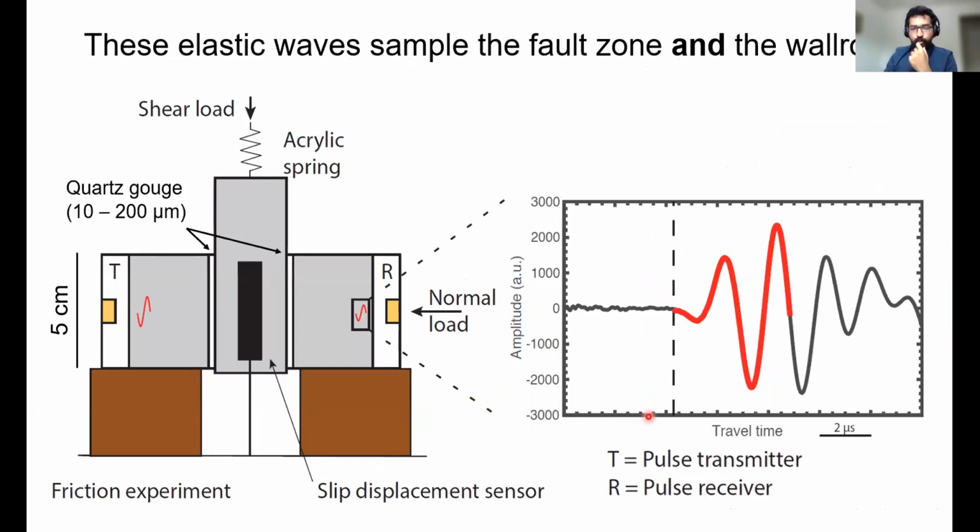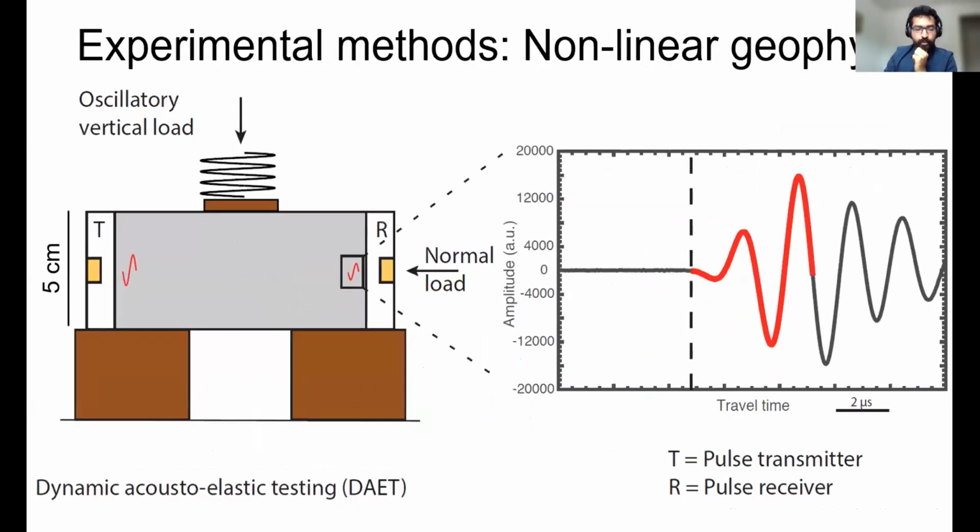So what I want to show you is our experimental configuration again, and point out as a reminder that the P waves we're recording sample both the fault zones as well as the wall rock surrounding it. So it's passing through 3 blocks and 2 faults. And so I'm asking the question, can this be the reason for the mismatch in the amplitude and velocity signatures? To really find out, we leaned on a nonlinear geophysical tool called,